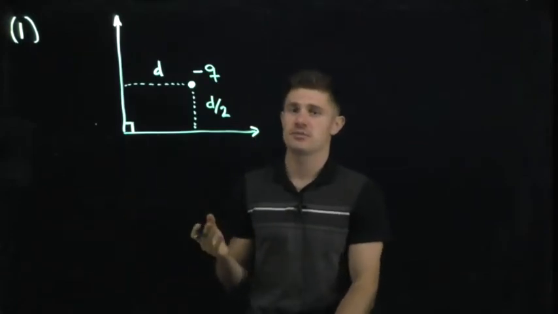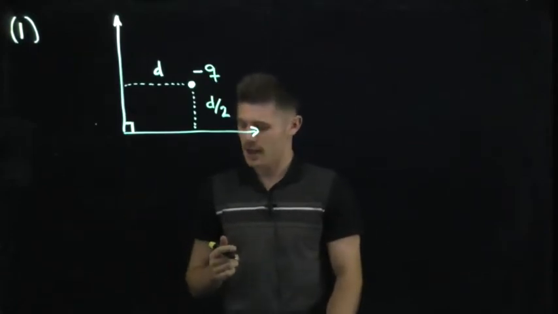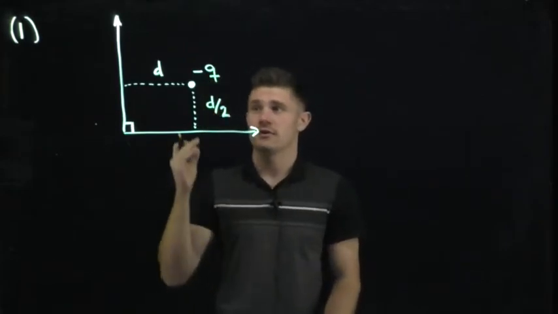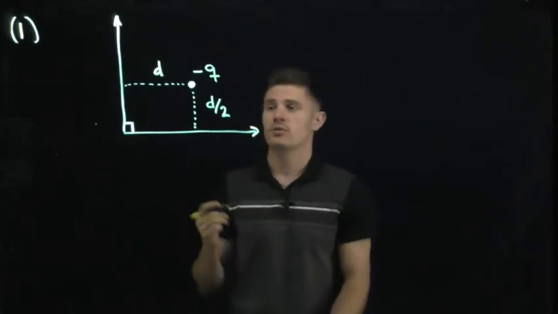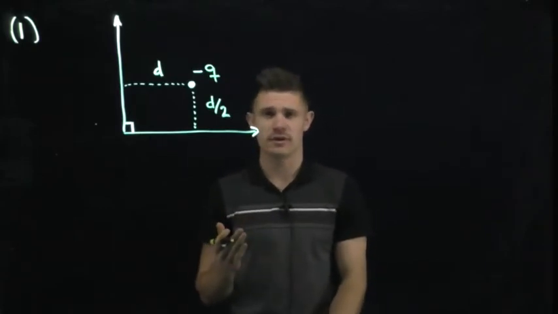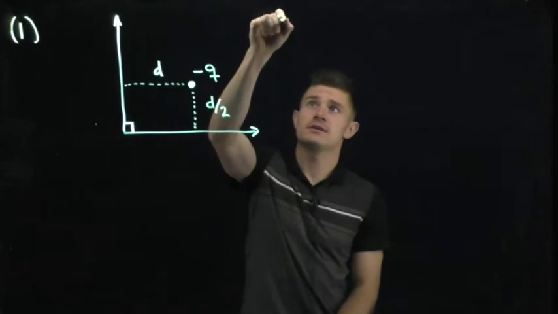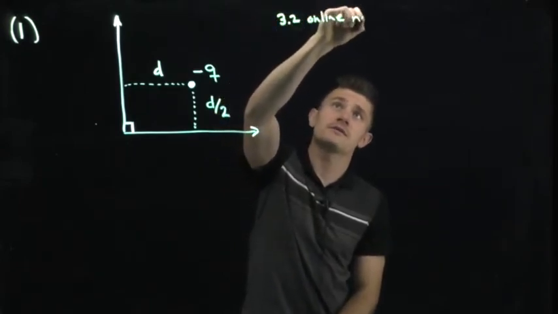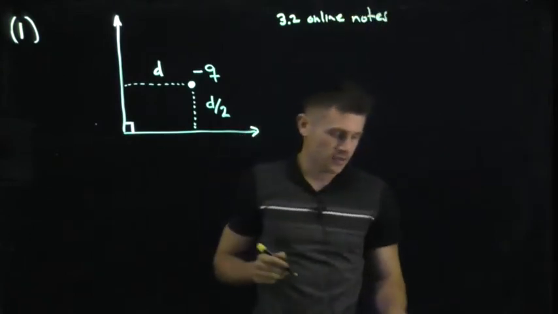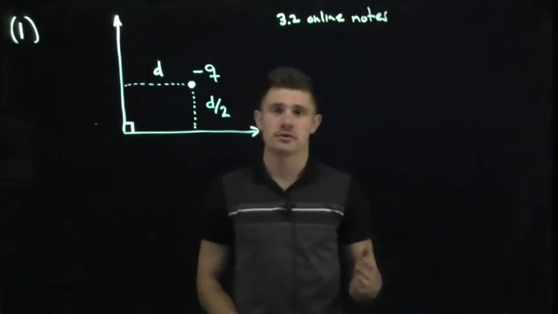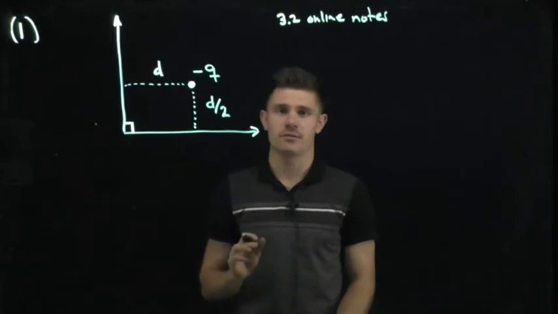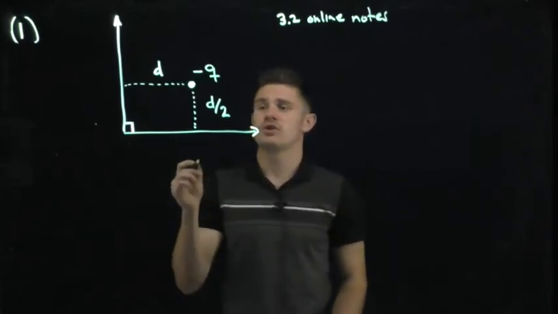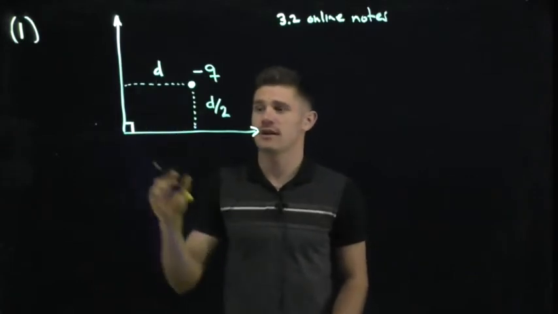So the method of images can be used to solve this problem, and it asks for us to draw the image charges that would be needed in order for this to be satisfied. So we know from section 3.2, I think, in the online notes, so see 3.2 online notes for more information, and the method of images in the textbook as well. And there's also some other Lightboard videos that explain the method of images, but this is similar to